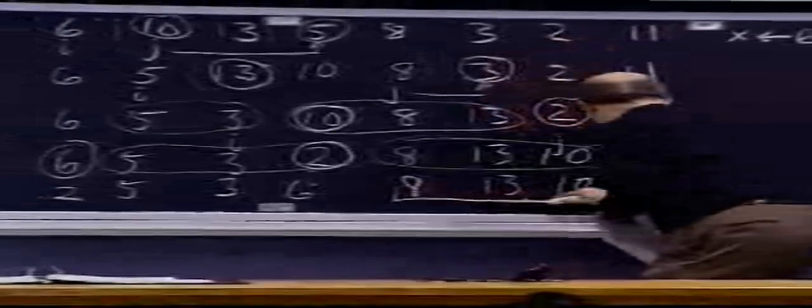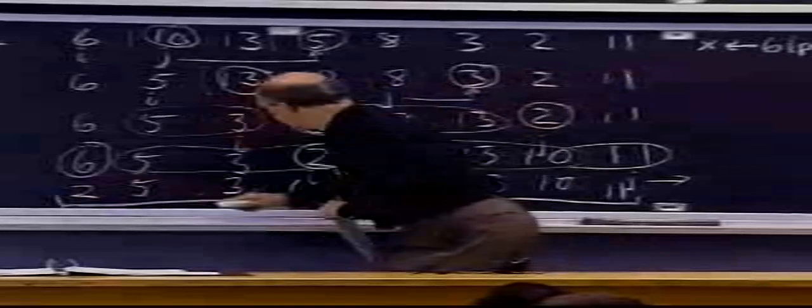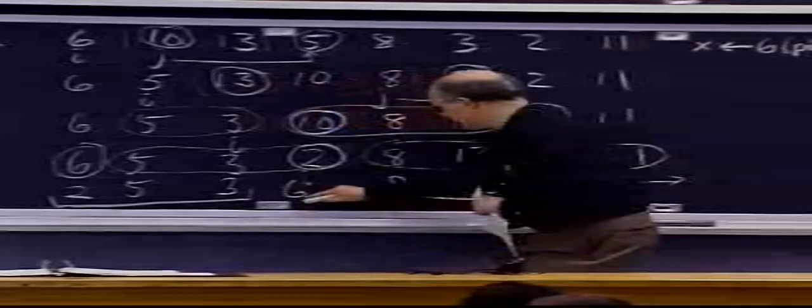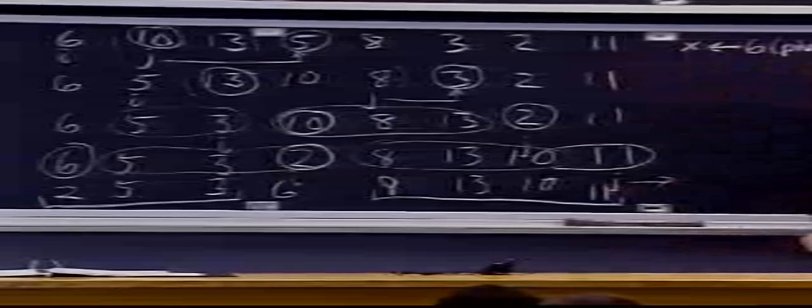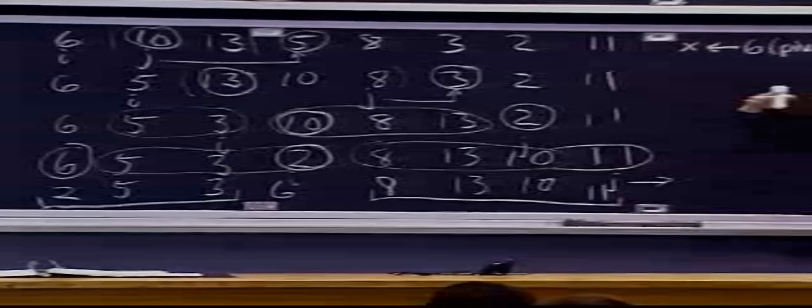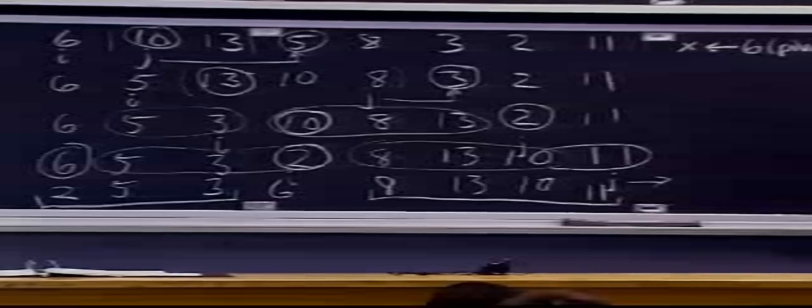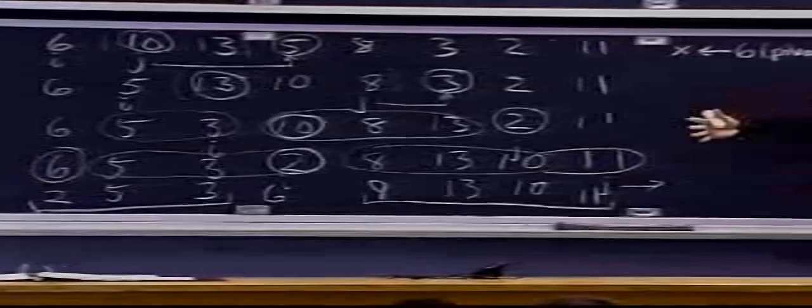And this is one subarray that needs to be sorted. This is another subarray that needs to be sorted. And this is the pivot right here. Okay, so we sort of go through and we maintain this property, this invariant, so that by the time we're done, we've partitioned the elements.